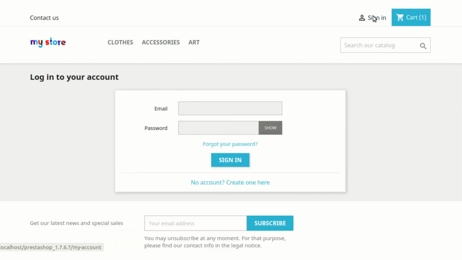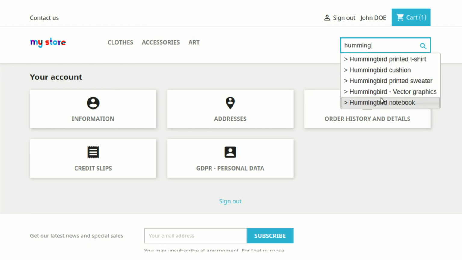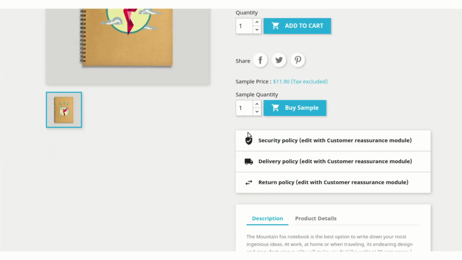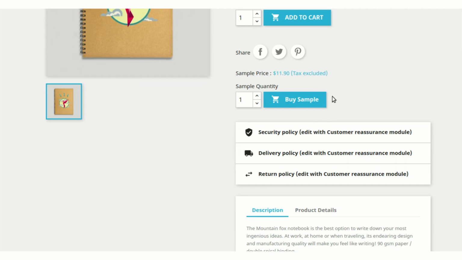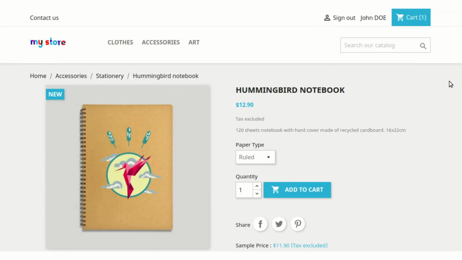Let's sign in once and see whether the option to buy a sample product becomes available or not. As you can see, now a button to buy a sample of the product becomes available on the product page as a customer has successfully logged in to his or her account.